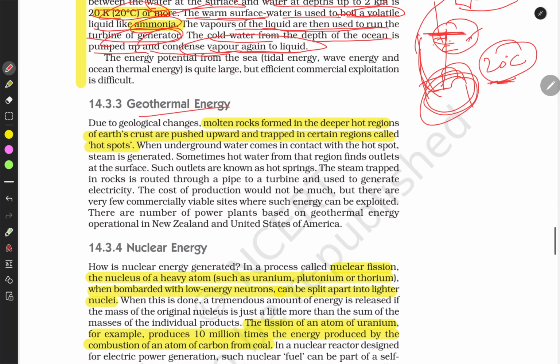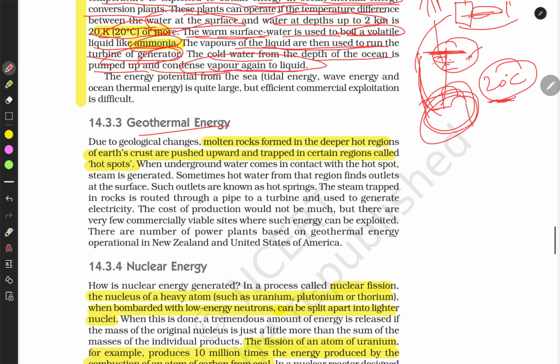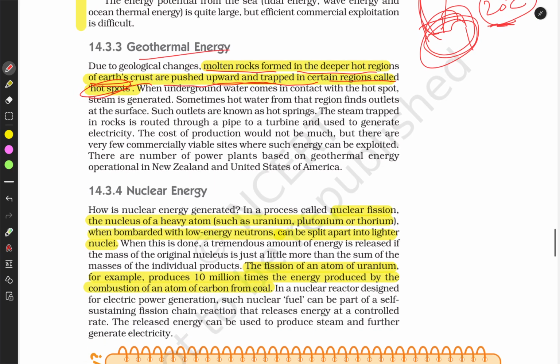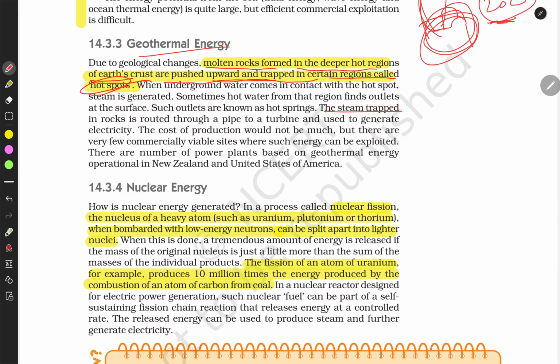So what is geothermal energy? When the molten rocks formed in the deep hot regions of the earth's crust are pushed upwards and trapped in certain regions, they are called hotspots. Where the hotspot opens, it produces a lot of heat, and that heat can be utilized. The steam trapped in the rocks is routed through a pipe to the turbine to generate